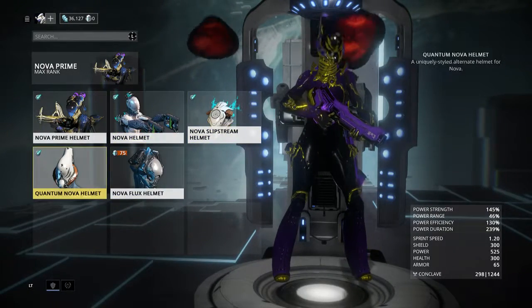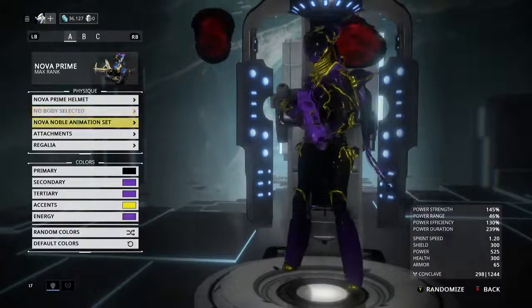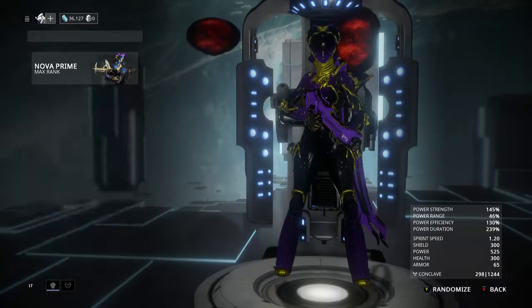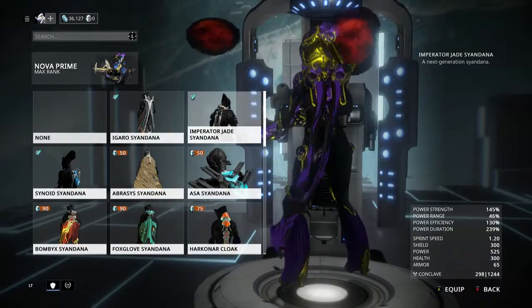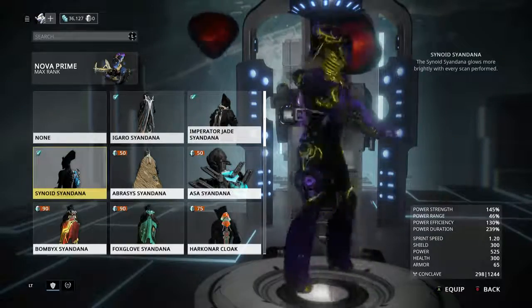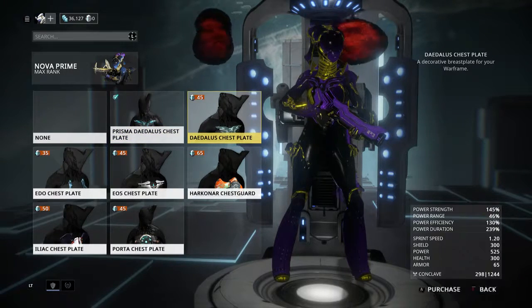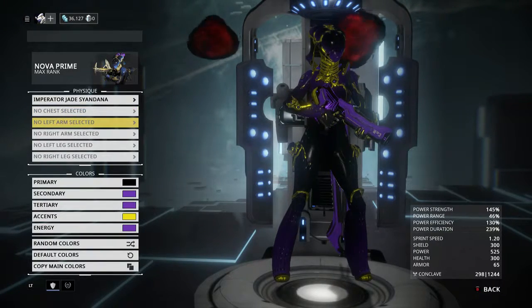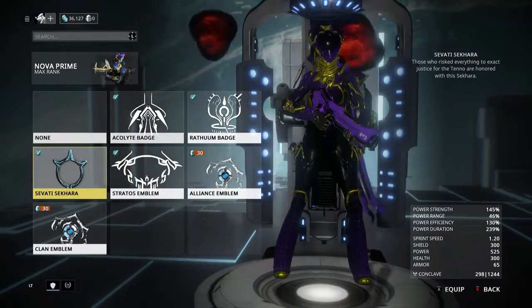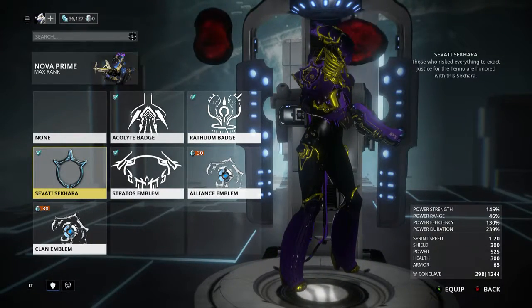You guys could probably do a lot better. There's a lot of helmets you can run for. Different body type. I run Noble. I don't think that looks super great. I run the Imperator Jade Sayandana because I only have 3, and I think this just looks bad on her, and this just looks bad overall. So I run that. I don't think armor looks good, period, on anyone. It's just ugly. And I think for some reason this makes the character look beefier, and Nova is not a beefy character, so I don't